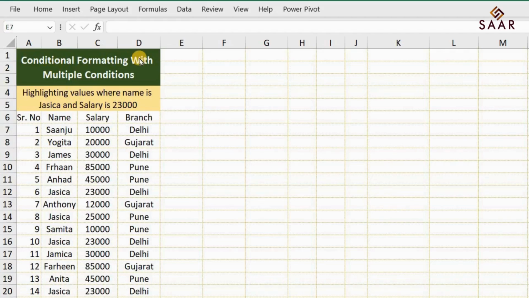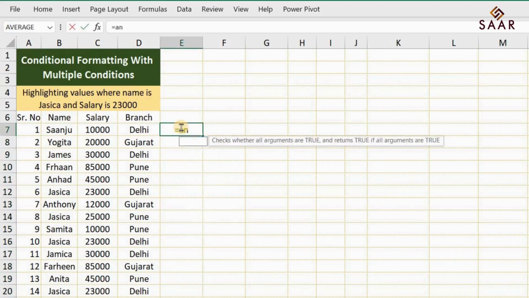We can use conditional formatting to highlight our values based on multiple conditions. As we are using an example to highlight our values where name is Jessica and salary is 23,000. First of all, we are creating our formula using an